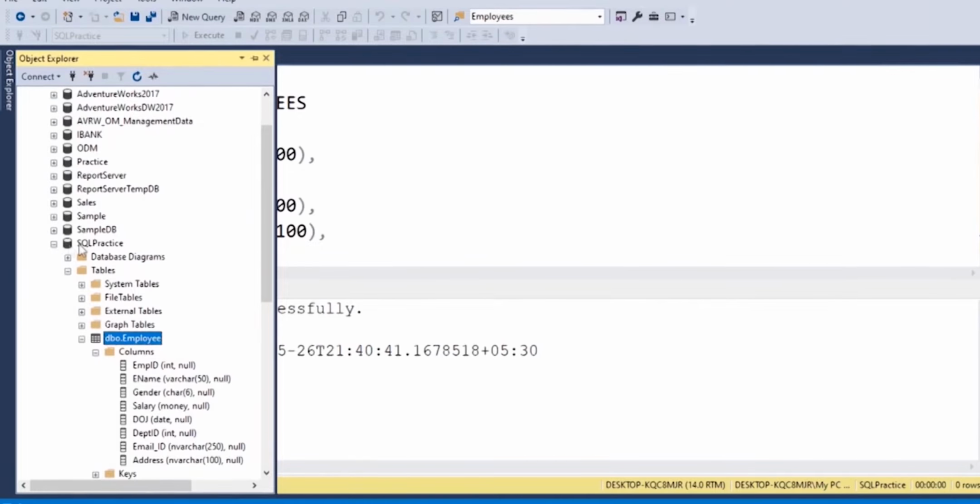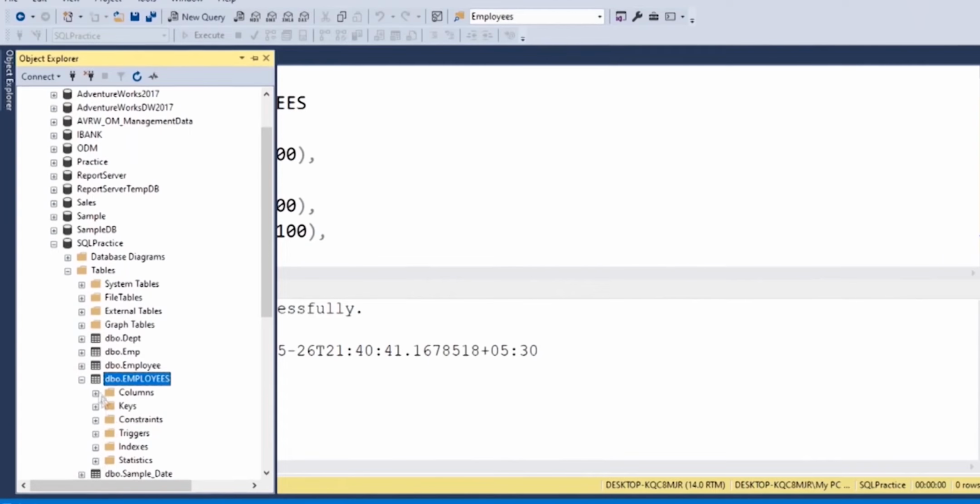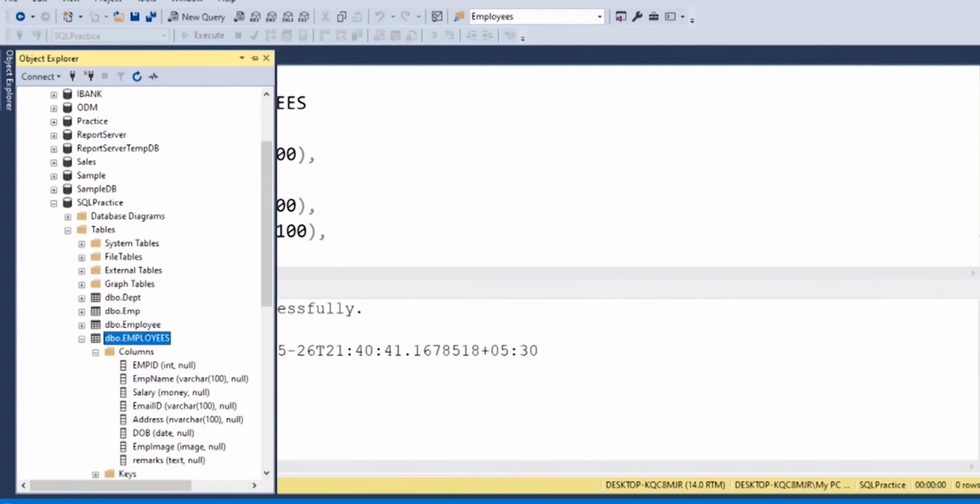Now you can see your SQL practice database. We are creating an SQL employees table. As employees table, you can observe here this employees table. You can expand the employees table and go underneath to columns. Then each and every column you can observe what the data type is. This column can be allowed only numbers. This column can be allowed numbers, characters, special symbols, and salary. This column will allow only decimal numbers. Email ID, it will allow any type of data.